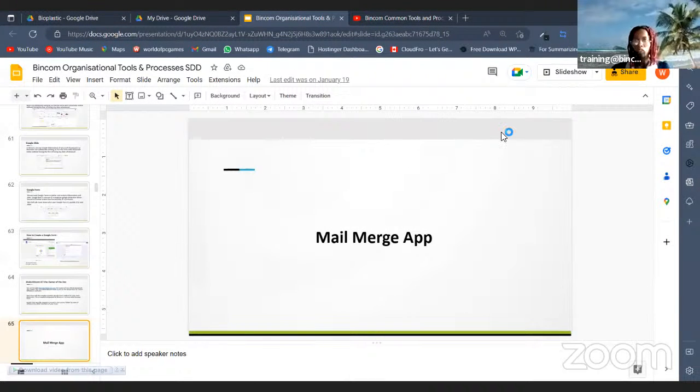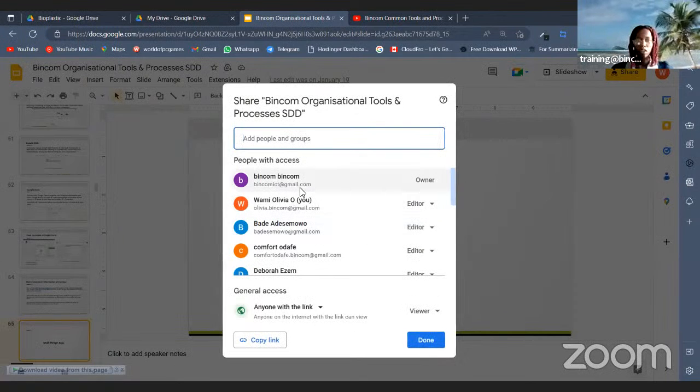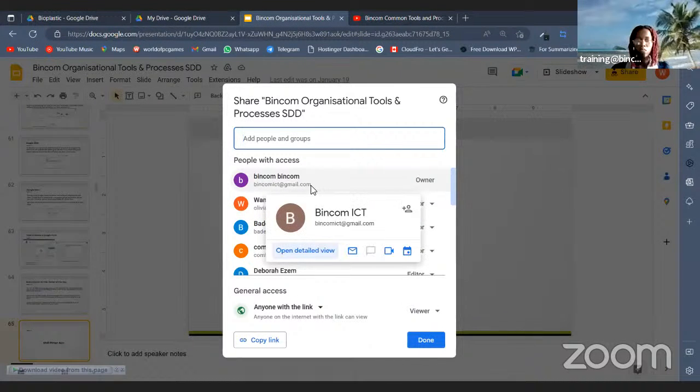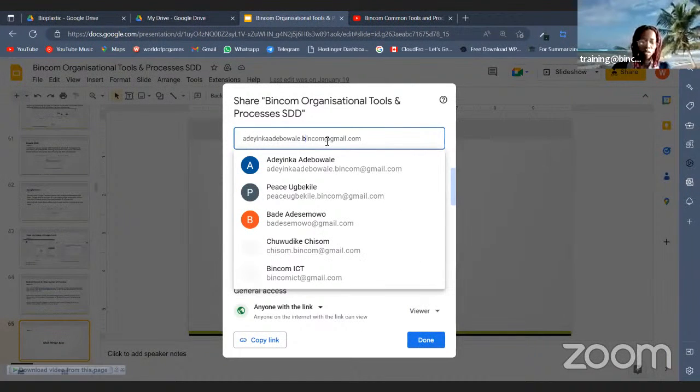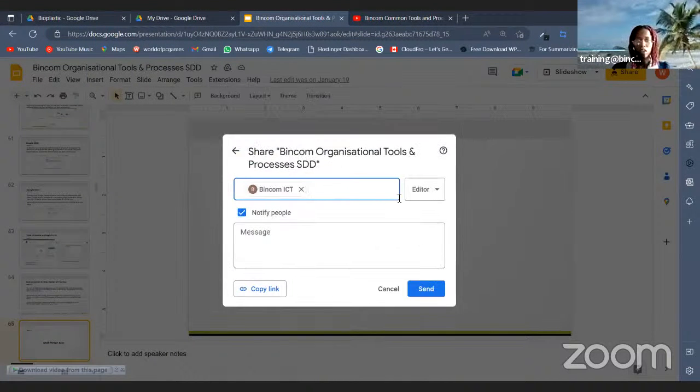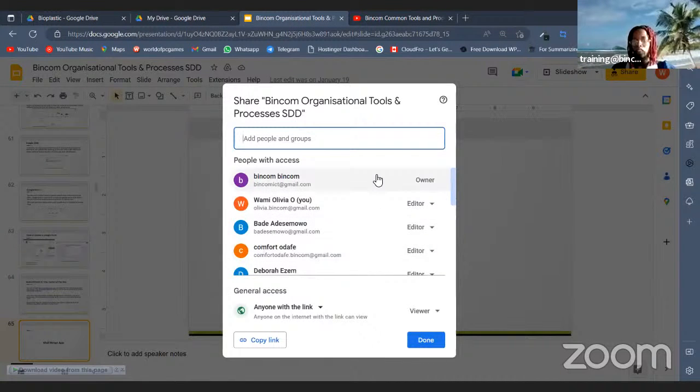So we have these documents right here. This is what you need to do. You need to share quickly. So you can see this is bincomict@gmail.com. But if it initially wasn't the owner, what I need to do is I need to type the name, Bincom ICT, right? I do this, editor, and then I send. So once I've sent, it automatically reflects here, right?